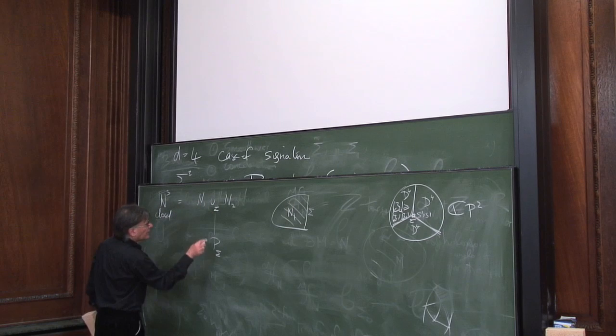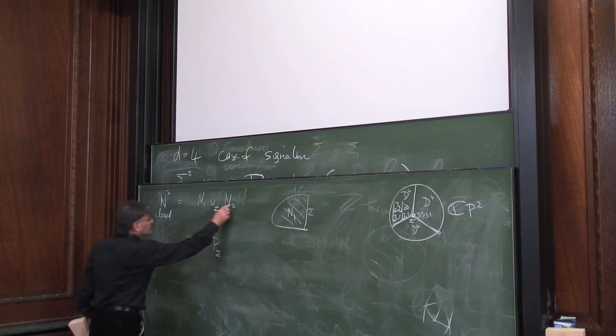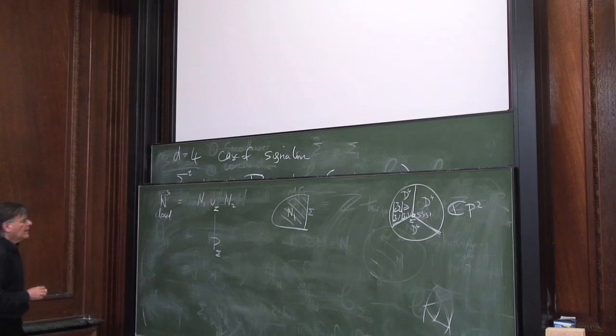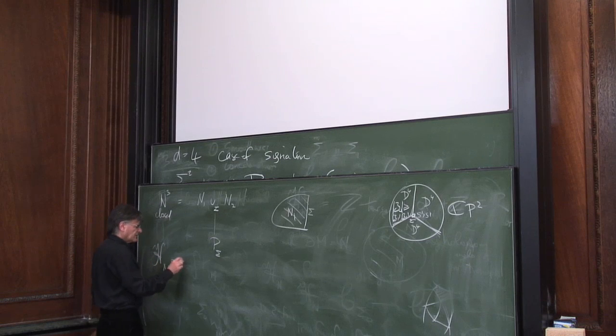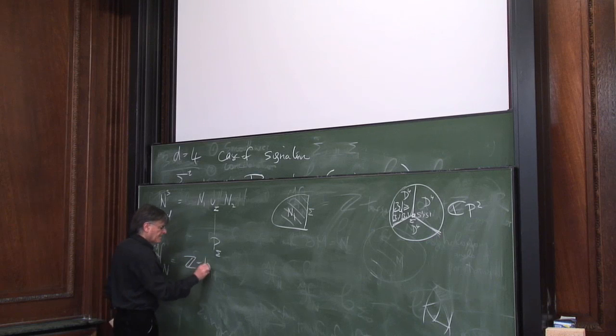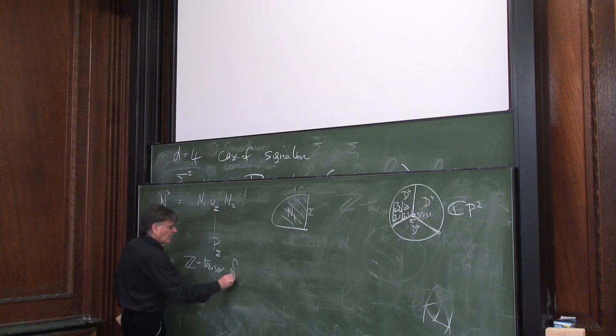So this defines a point in there, and this defines a point in there. So we want to say the Z torsor Hn, this is Z torsor of paths